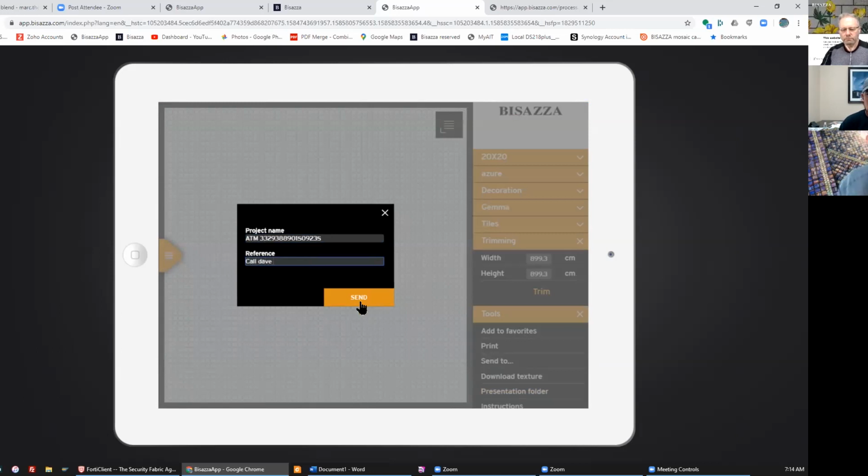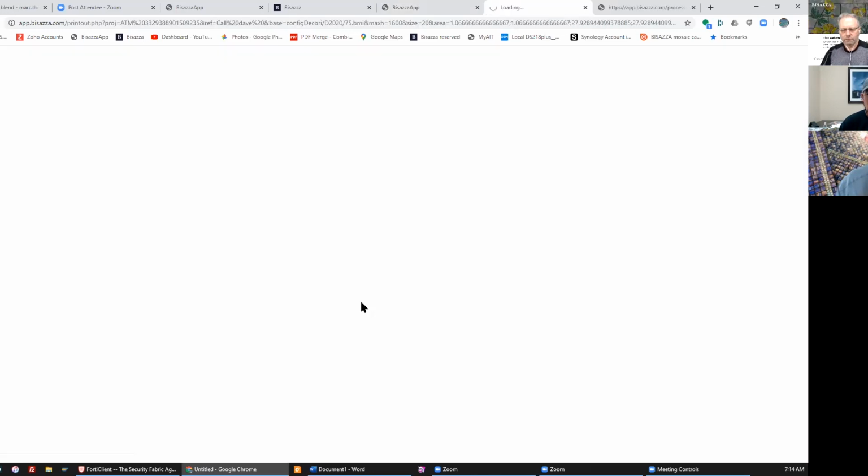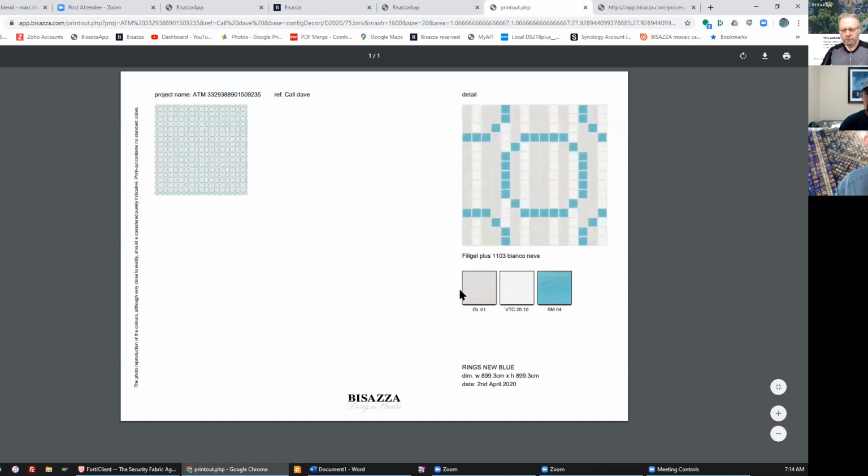And you hit send here. It's going to launch into that particular decoration with that customization, that space, your job reference, your phone number, call Dave. That's what's in there. Those are the colors that you chose to customize it with. And it gives you everything you want